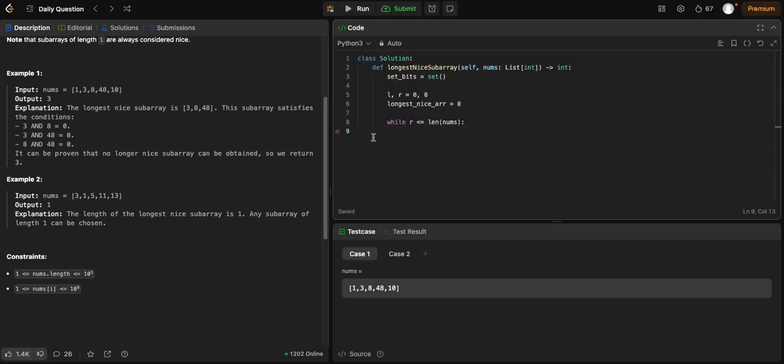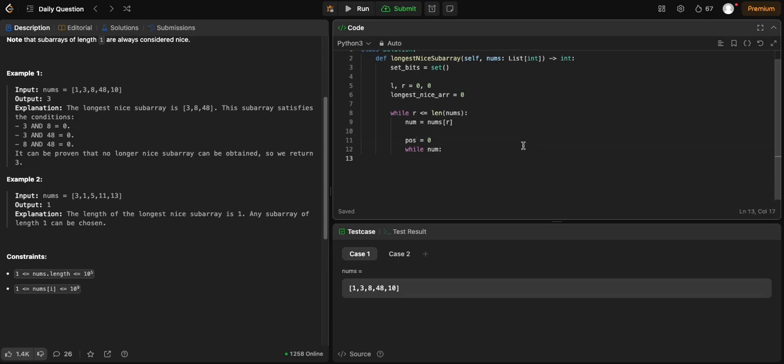So nums R is the number that we want to deal with at the moment. So we'll call num equals nums R, and then we can do while num. To get all the binary positions, what we can do is have an index, so we want to start at 0. This will be the position, maybe I'll call it pos, probably makes more sense. So we want to increment the pos, and